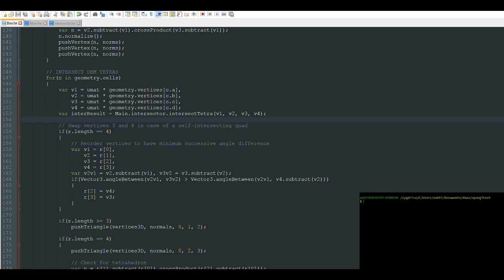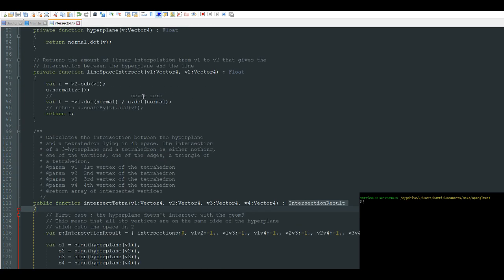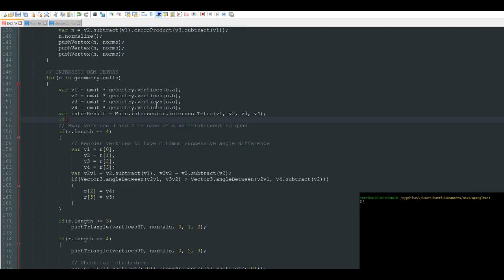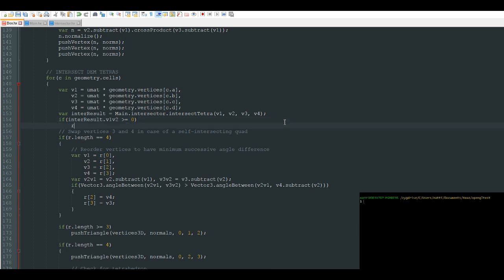Yeah. It's just so that we don't have to query every time. Well, in fact, I don't really care about the number of intersections then. All right. I'm gonna write the code, and I'm gonna remove what's in extra later. We just do once at a time. Okay, so if inter result dot v1 v2 numpad v1 v2 is over 0, r dot push